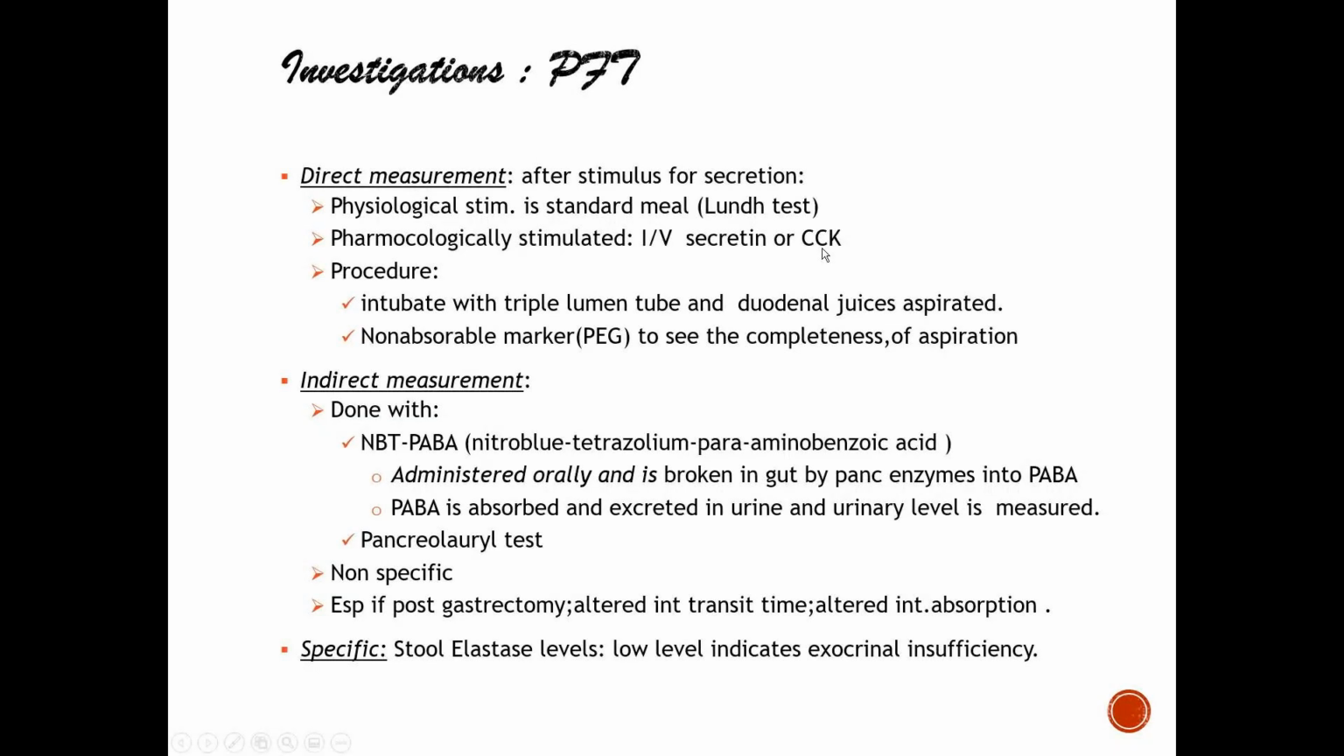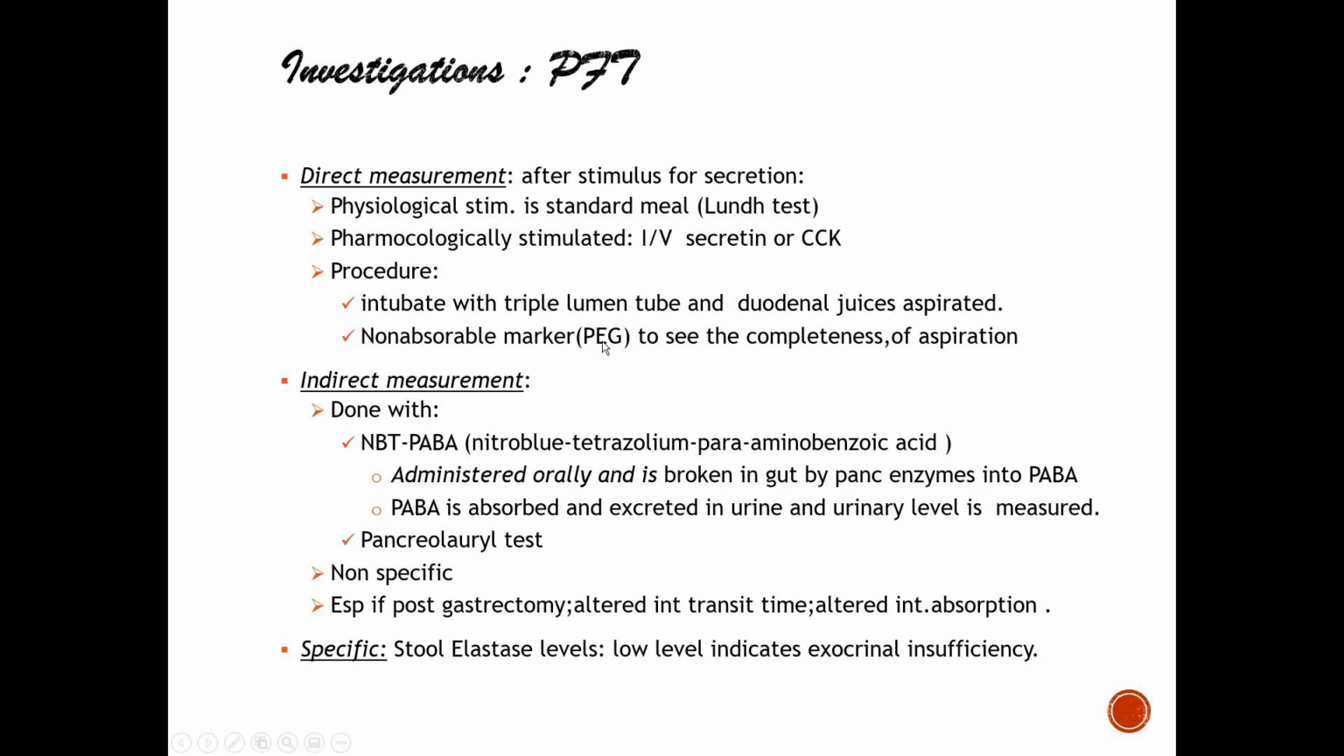put in a triple lumen tube. Why triple lumen? Because you don't want the duodenal secretions to be mixed up with the gastric secretions. So with that triple lumen, one lumen is inside the stomach, the second lumen is inside the duodenum, and the third lumen is in the esophagus. So you're basically segregating, and you're just collecting the duodenal juices, which are to be aspirated, and a